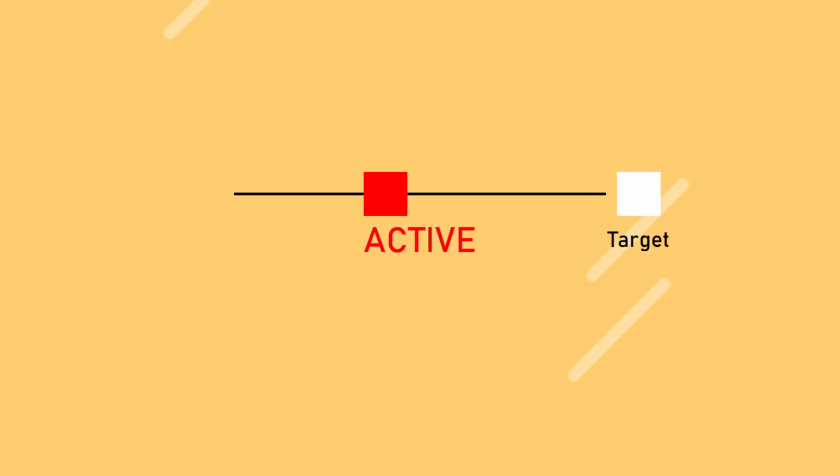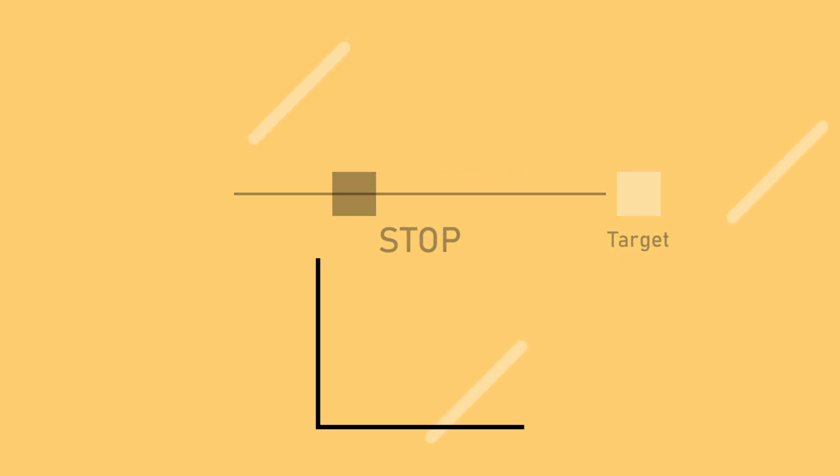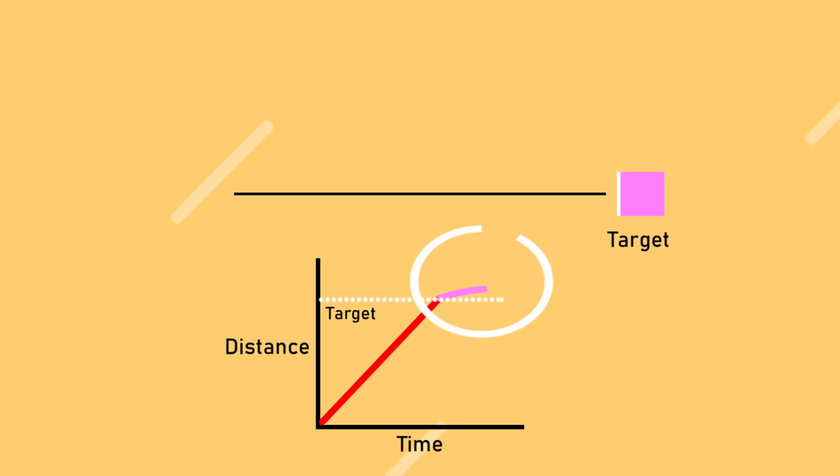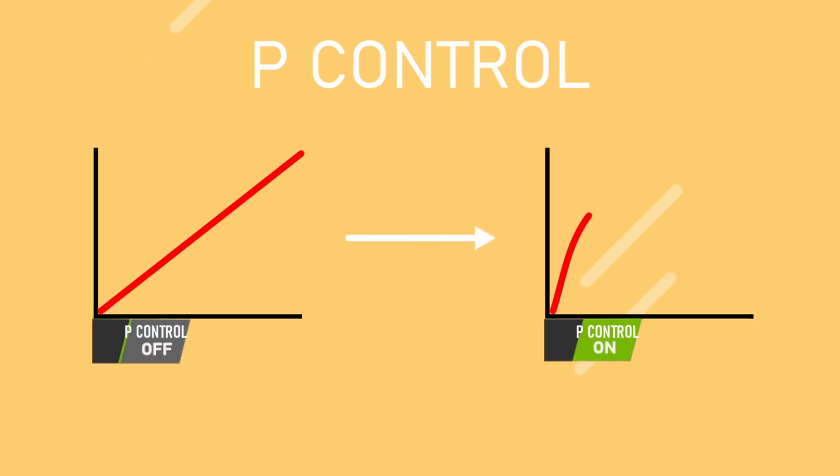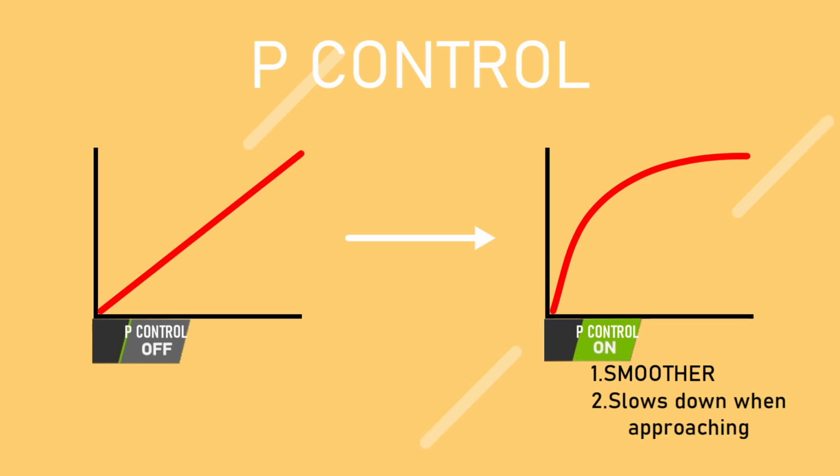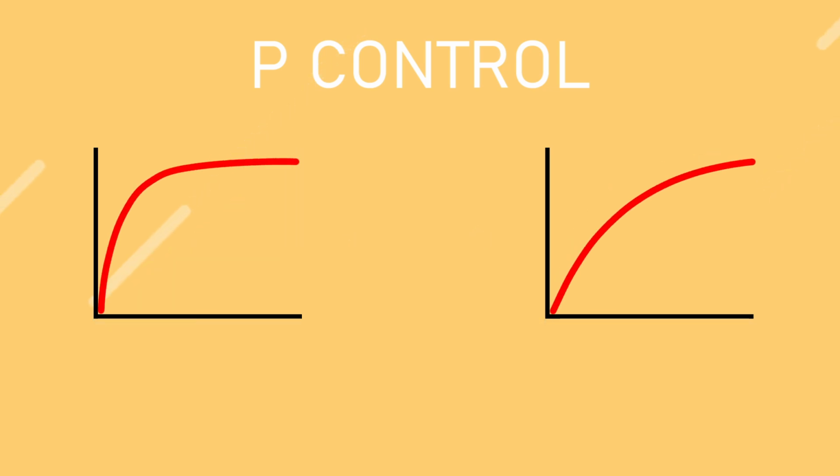This means that the duration of the deceleration is not considered, and therefore this code causes the robot to overshoot from the target destination. To solve this problem, the proportional control is introduced here. The P controller controls the speed smoothly, allowing the robot to slow down as it approaches its target. You can change the smoothness of your speed acceleration and deceleration by changing this value called Kp, which I will